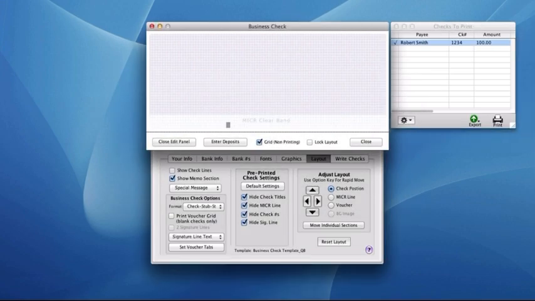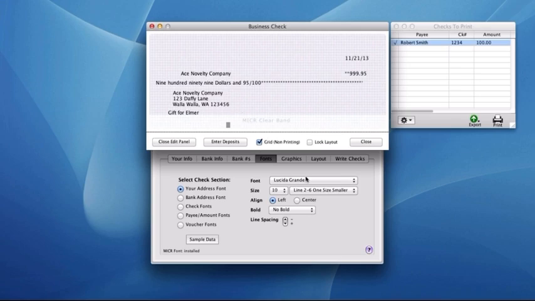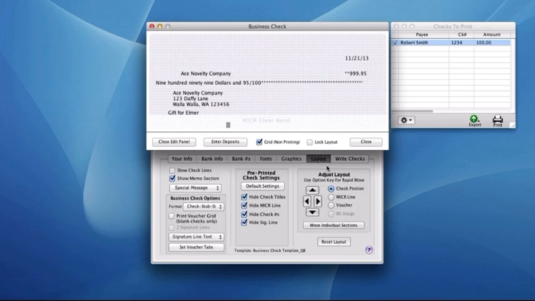If things aren't printing correctly, you can come back to Check Builder Pro and we'll make some adjustments. What we're going to do first is we're going to click on the Fonts tab, and we're going to click on the Sample Data button, and that'll put some information into the check so that we can see what we're doing. Then we're going to come back to the Layout tab, and if we just need to move the whole check up or down or left or right, we can use these controls here. We've got check position selected,